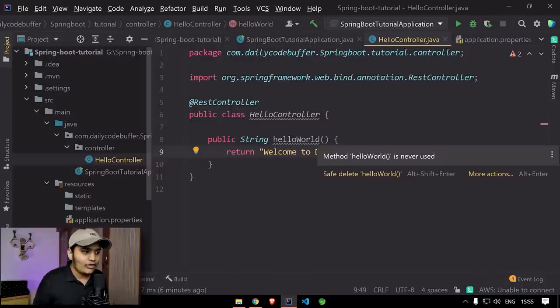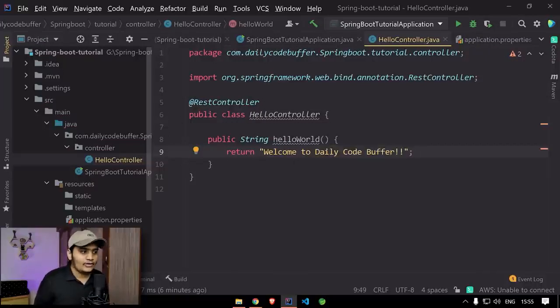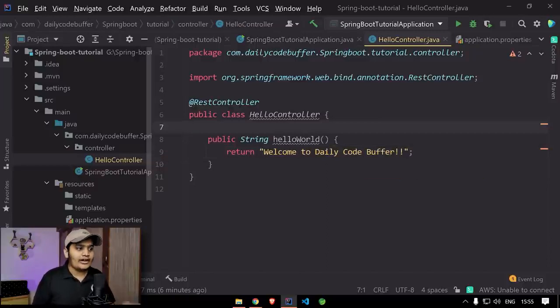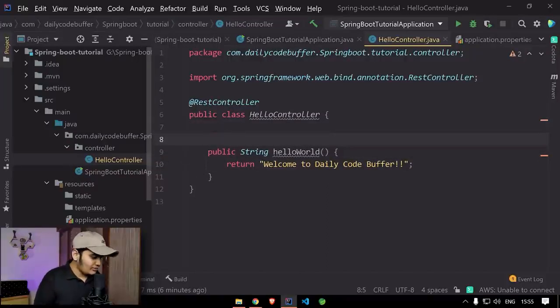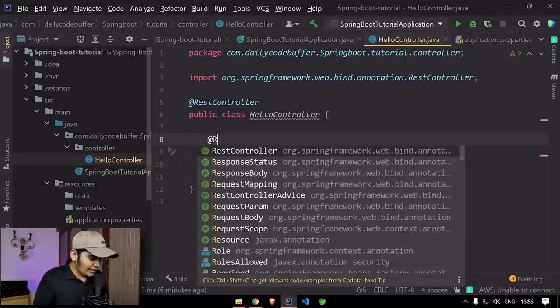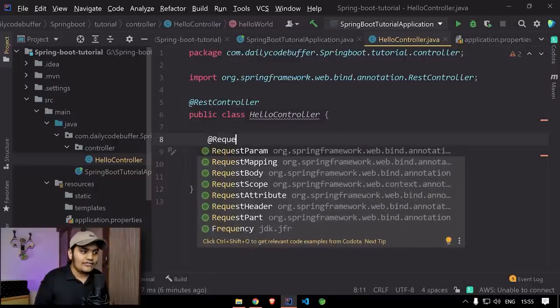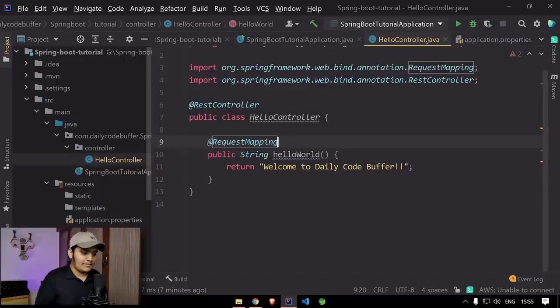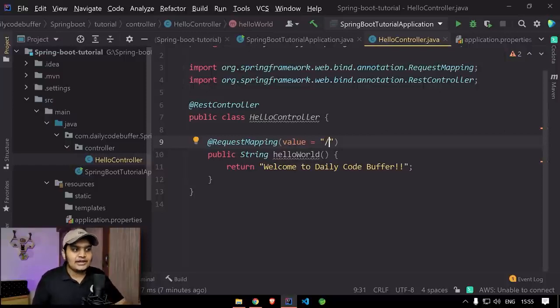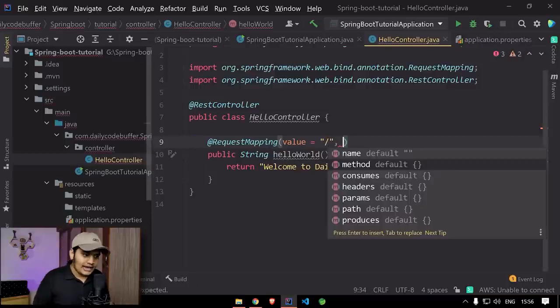Now what I want to do is serve this particular endpoint. Whenever I hit that endpoint, I want this method to be executed. So for that, I'll use request mapping. Whatever request I want to execute, I'll map that request to this method. I'll do request mapping over here, and I'll pass value as slash. So whenever I hit localhost:8080 slash, this method will be called, and here I'll define the